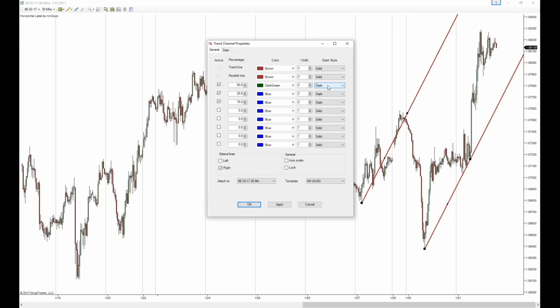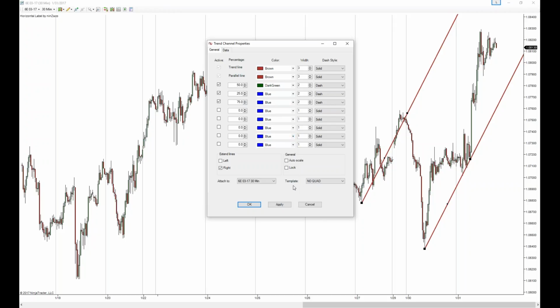And I want it to be a dash line. I want a blue line at 25%, number 2 and dash. And I want another blue line at 75%, blue and dash, okay? When I make this here, I can now, if I want to keep this as a template, I can